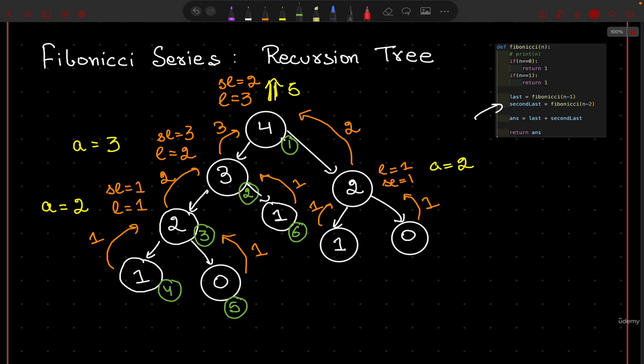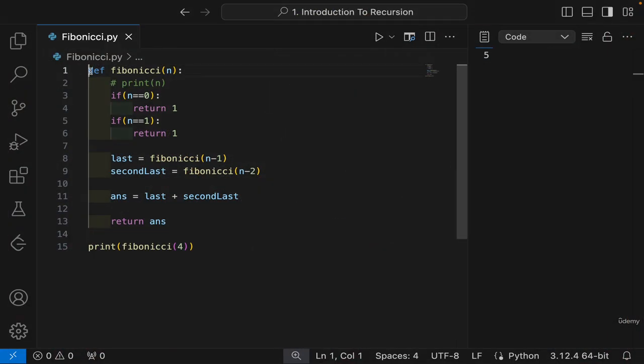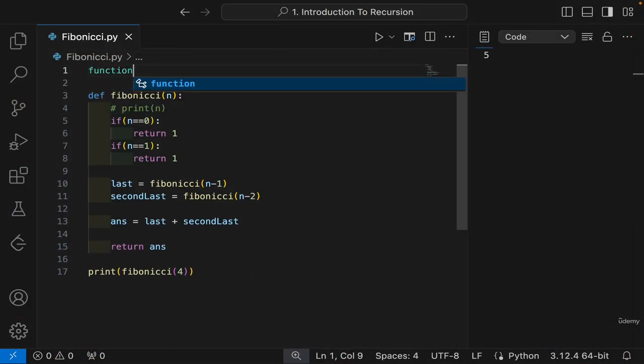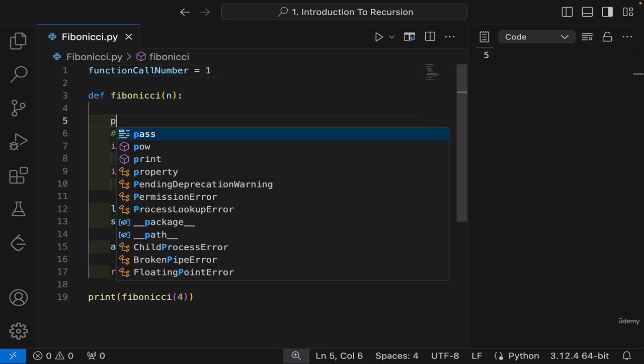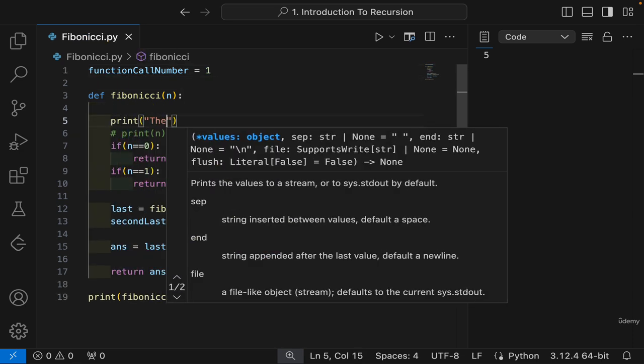Now in this whole flow, the thing which I want all of you to understand is the flow of functions. Okay, so the one which I'm writing with the green pen, let me show you the same as well. The way we can see and find the same in code, let us check via code. We can maybe define function call number is equal to 1, and in the starting only, what all we have to do is the